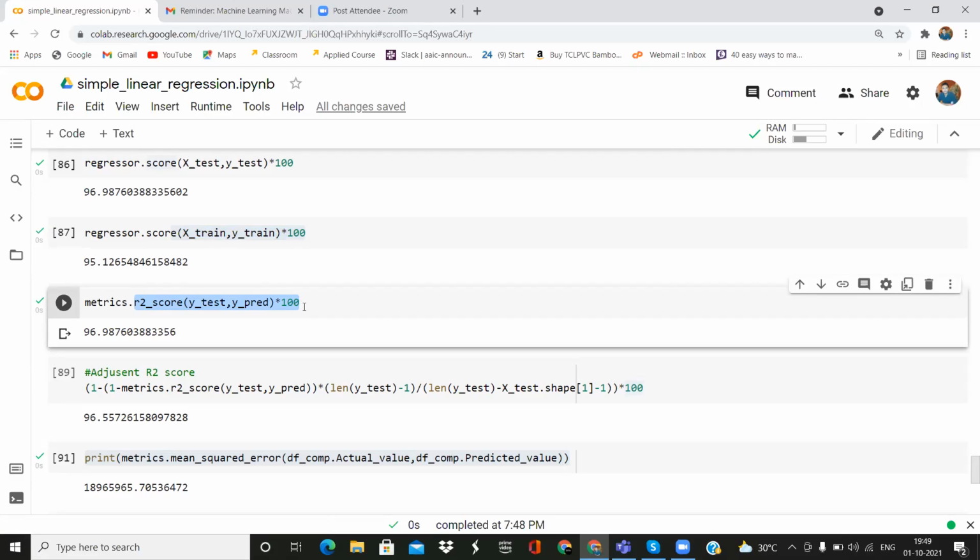It differs a lot actually. For score, you just use the X train and Y train. And for R2 score, you use Y test and Y pred. You're comparing your predictions with your actual y values. So Y test is your actual Y value, and Y pred is the actual prediction value. Does it answer your question, Anvesh?